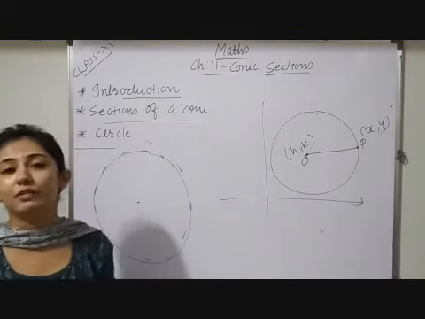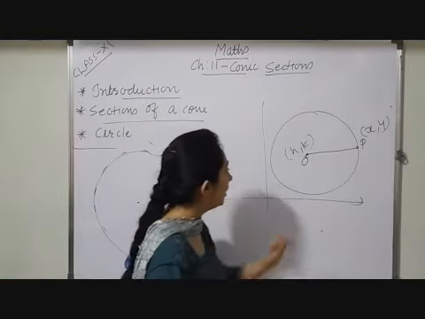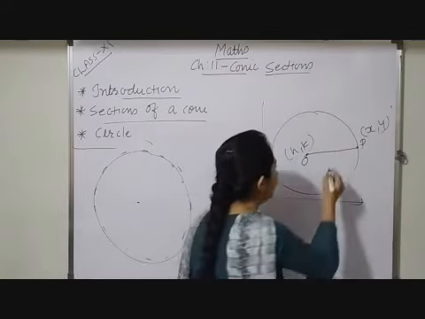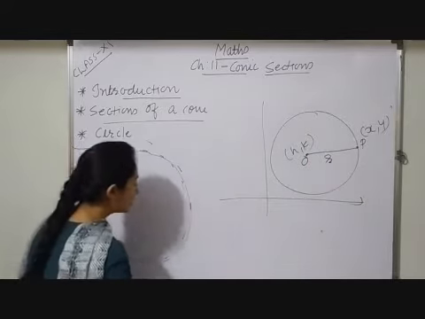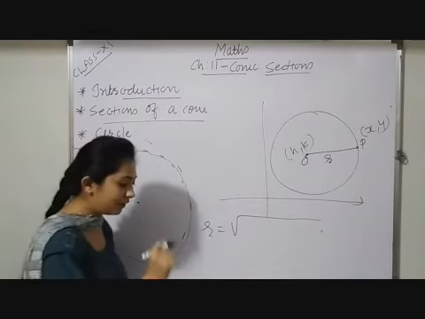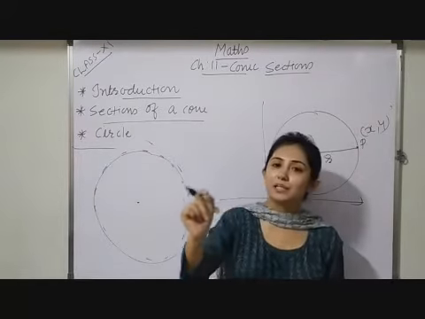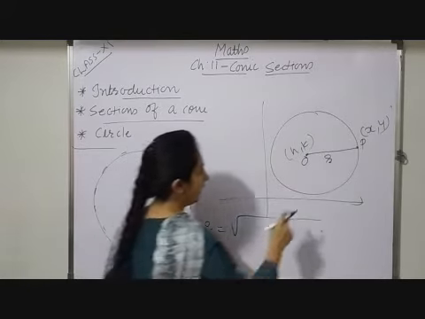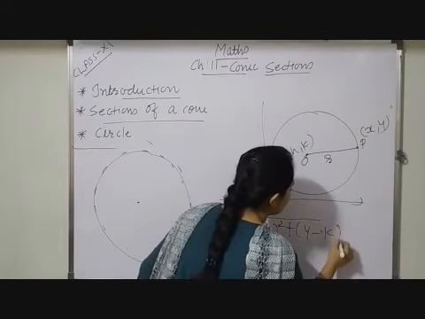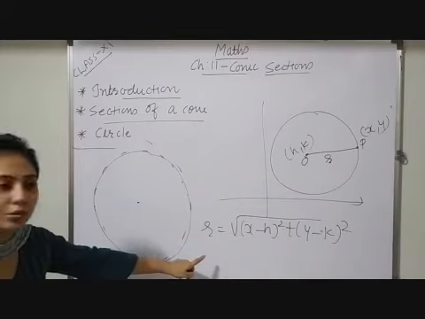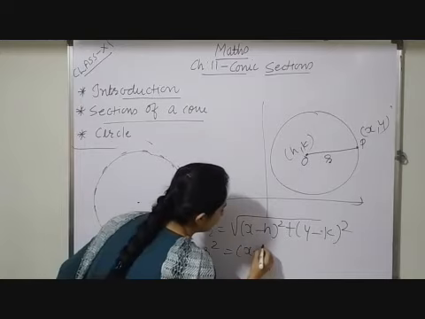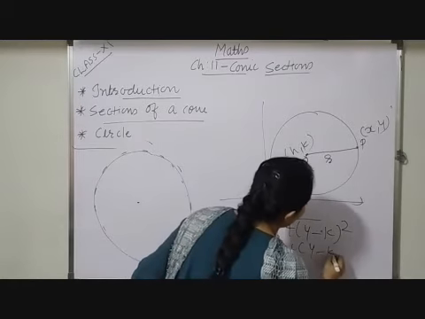Now if I want to find its radius, you may observe that in 10th standard you have studied the distance formula. So obviously to get this radius I have to apply the distance formula. Here you will get r equals under root of x2 minus x1 whole square plus y2 minus y1 whole square. That same formula I am applying here, so that is under root of x minus h whole square plus y minus k whole square. To remove this root, what should I do? Do squaring on both sides. So here I will get r square equals x minus h whole square plus y minus k whole square,